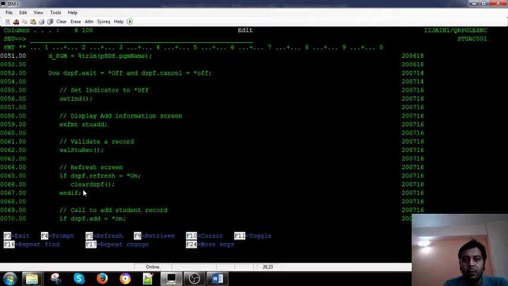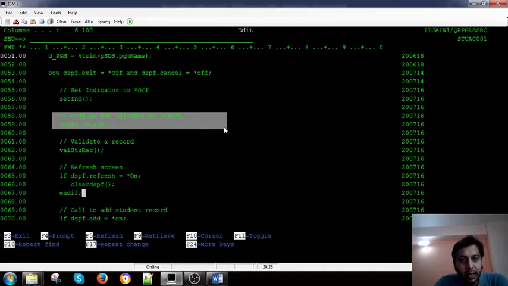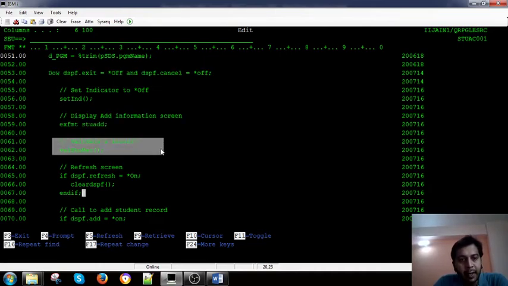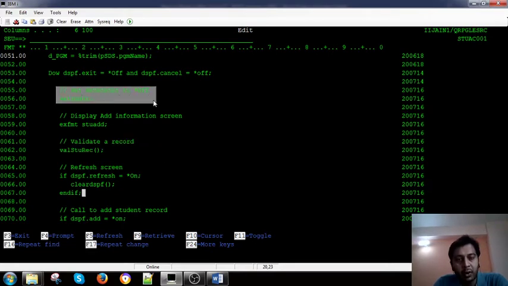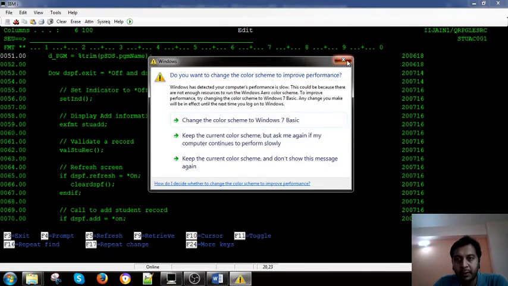This is again your requirement. You want to use it or not. But something is mandatory, because everything is required. We want to set the indicators off, because sometimes if you set an indicator on and again you want to set it off, and you do not set it off, then that indicator will be on always, right? So this is again mandatory. This is something you can say is optional, but it is also required. You want to do the work fast, right?